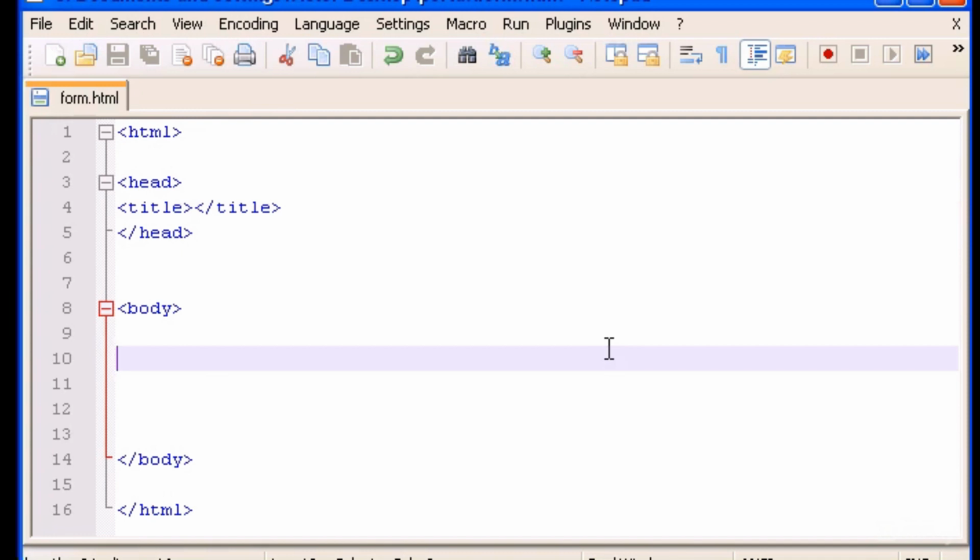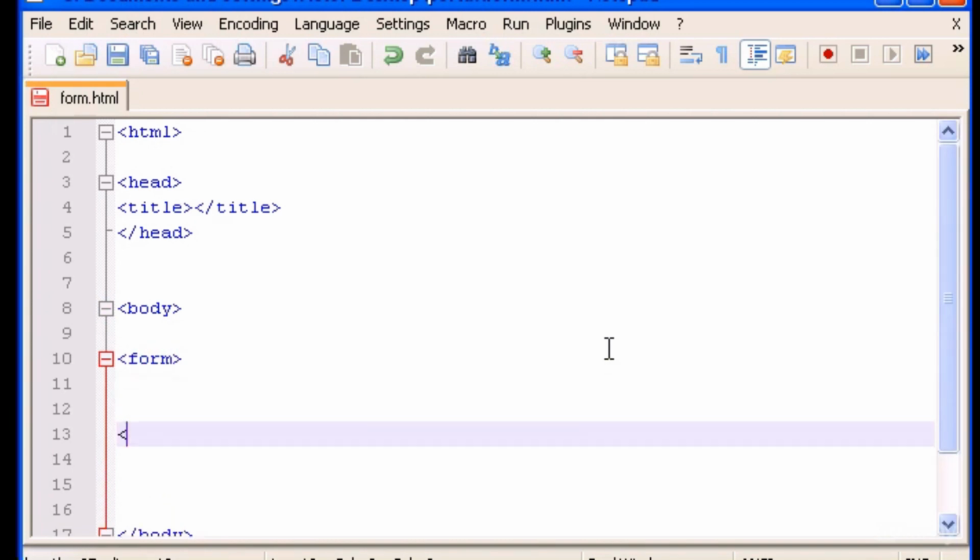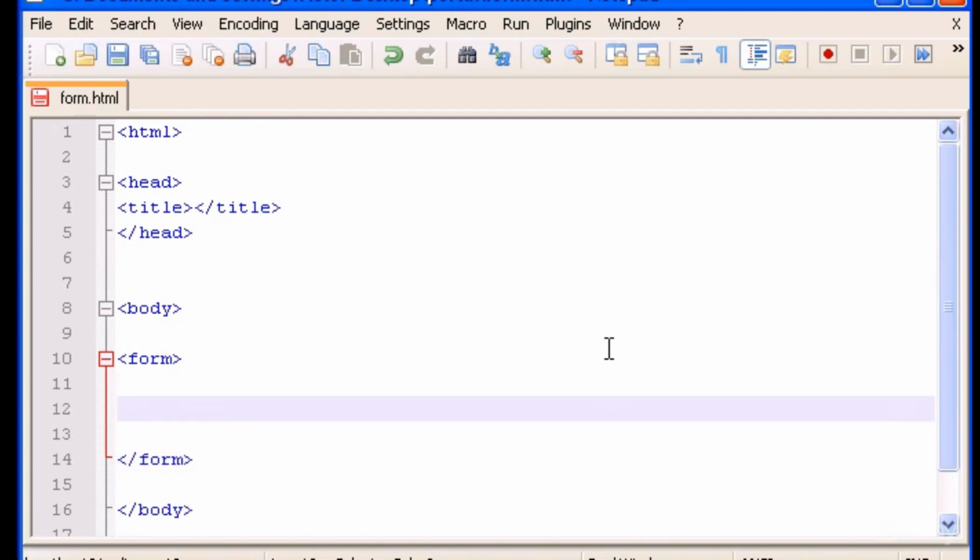And now to start creating a form, we have to type the tag form. And then down here, let's close it, form. Between these tags, we will create the inputs. Remember, the inputs were the part where the user is able to type their data, the name, the address, all that. Now, let me start by typing name. And now we type the symbol bigger than, and input,